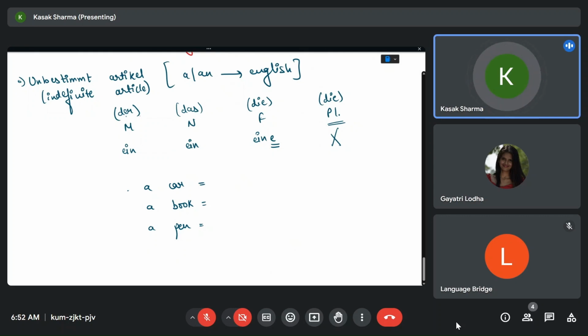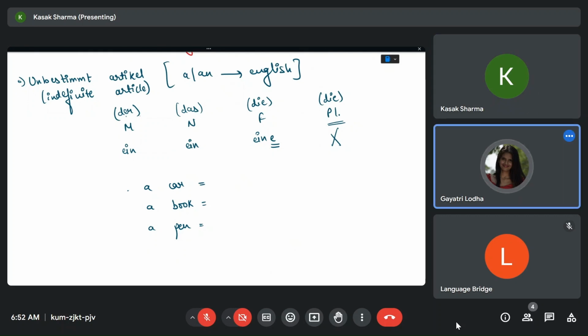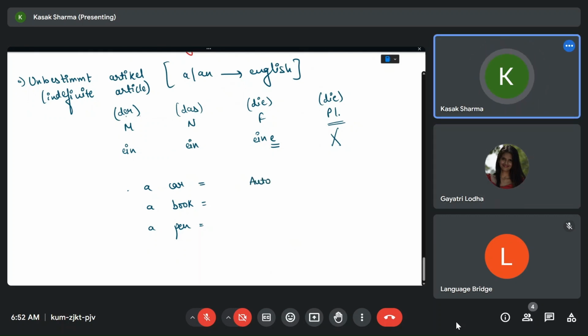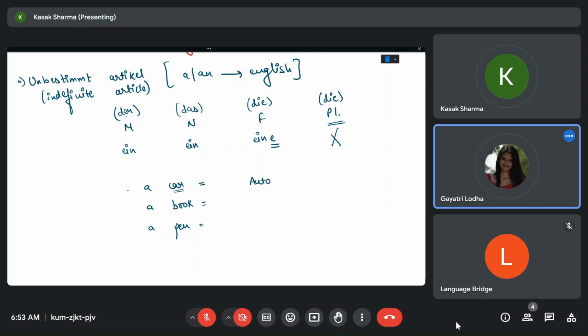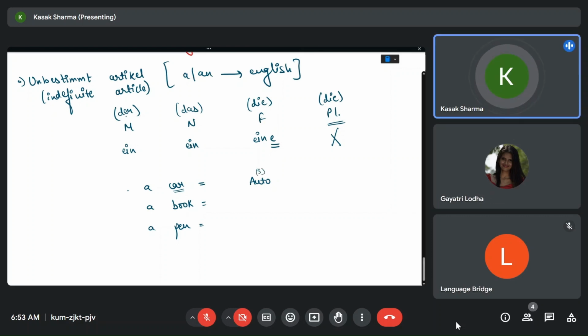The word for car in German is Auto. First, we see what the article of the noun is. What is the article of car? Das. So it is das Auto.